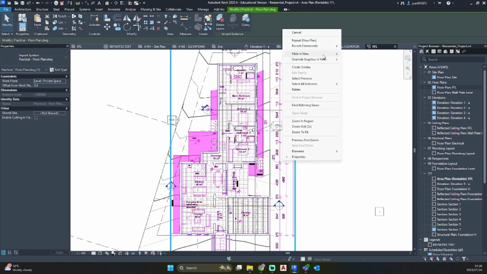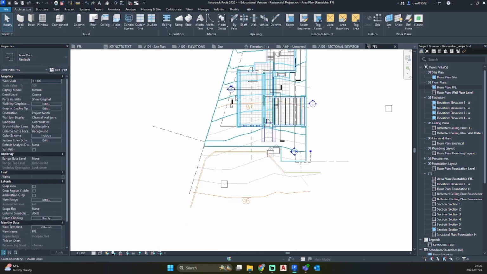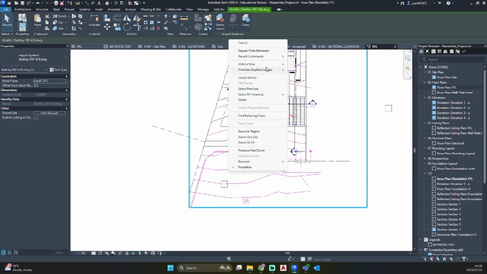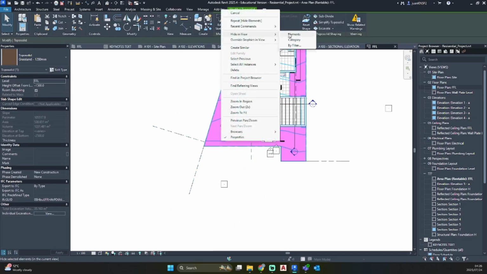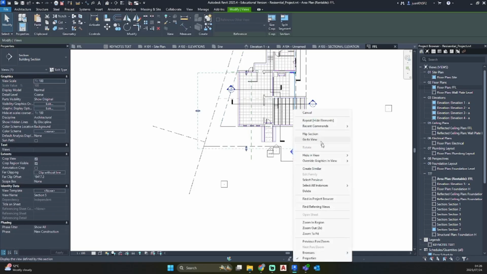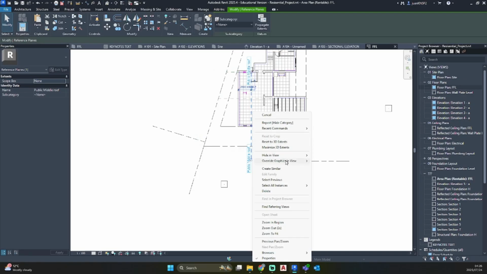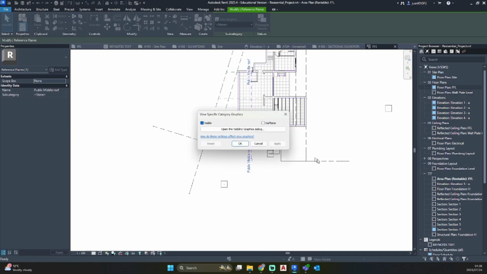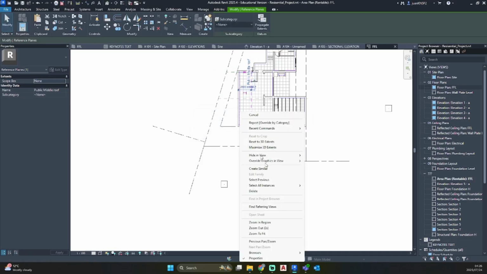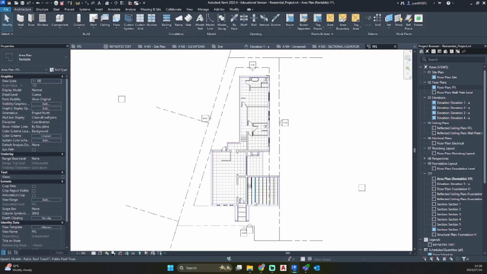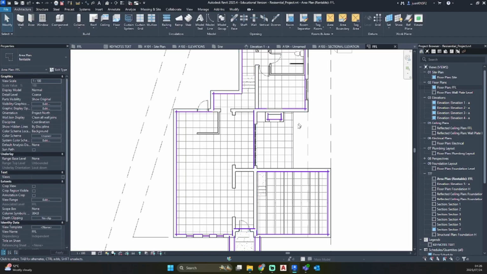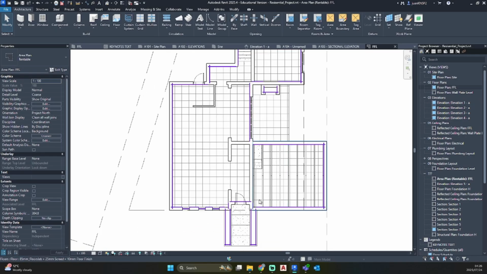So now it opens up this. So now we have to hide all of our drawing files again. I'm going to hide my site as well. I'm going to hide all my section lines. I'm going to hide all my reference planes. And you'll see these purple lines which Revit has created for us.